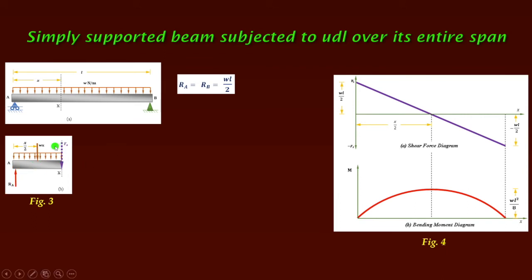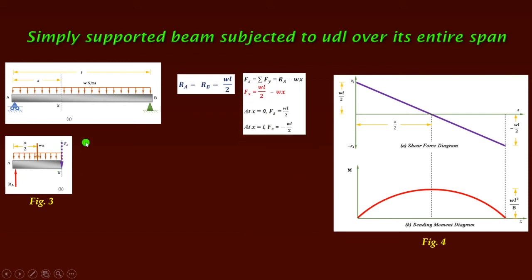And let's assume here the shear force is Fs and the bending moment is M at a distance of x. Then our shear force diagram we are getting from the equation. Write down first the shear force equation. So this Fs is summation of all the forces. What forces are there? Ra and this omega x. Ra is upward, consider it as positive. Omega x is downward, consider negative. So Fs equals to summation of Fy equals to Ra minus omega x.